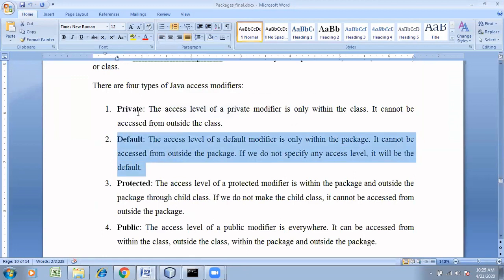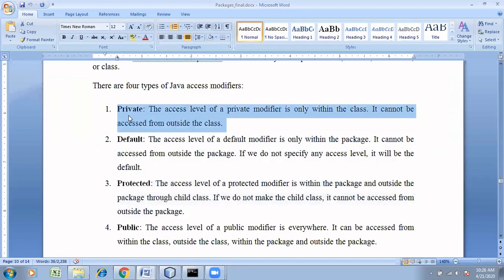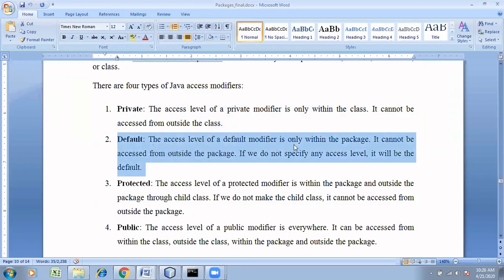Now we'll go through the content. The access level of a private modifier is only within the class. It cannot be accessed from outside the class. The access level of a default modifier is only within the package. Default means you are not specifying anything, then it automatically becomes the default modifier.